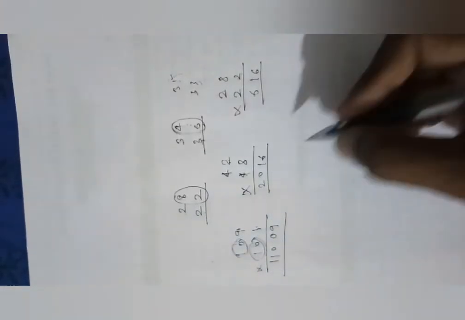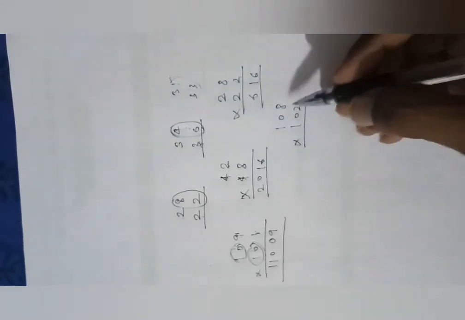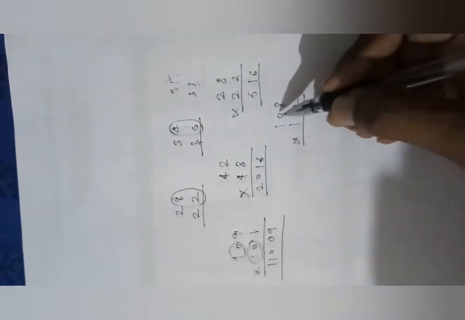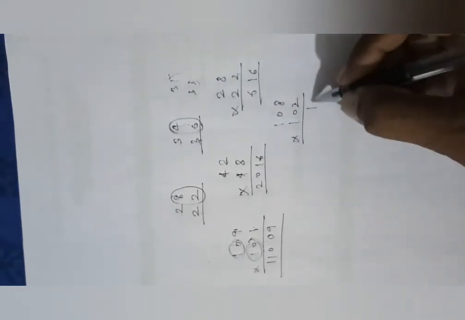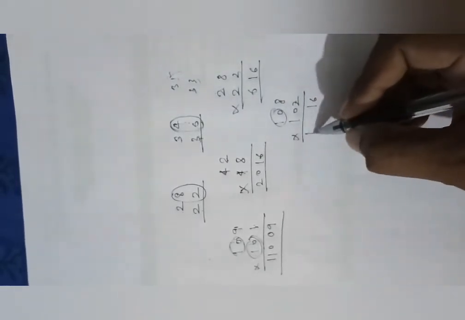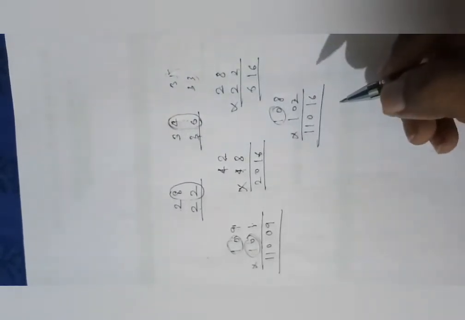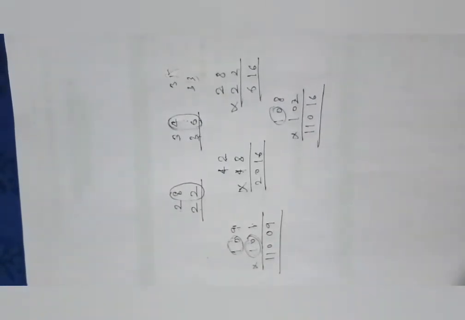10 into 11, what do you get? 110. Once again I am taking an example, suppose we have 108 and 102. First check whether you can apply the trick or not. 8 plus 2 is 10, you can apply, and this is also the same, so you can apply this trick. Now 8 twos are 16 and the successor of 10 is 11, and 10 into 11 is 110. So 11016 would be the correct answer. Likewise, you have to complete page number 64.